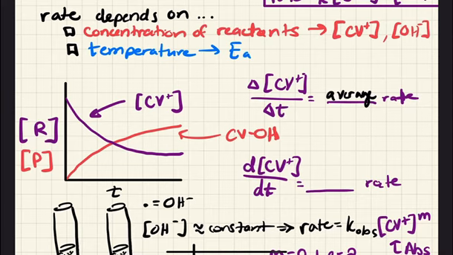If we were, however, to be interested in what's the rate at this point of the reaction versus at this point, we could measure an instantaneous rate at each of these points by essentially measuring the slope of the tangent line. And so that is the same thing as determining the derivative at that point. And so d[Cv+]/dt is our instantaneous rate. All right, so that's conceptually what we're trying to do